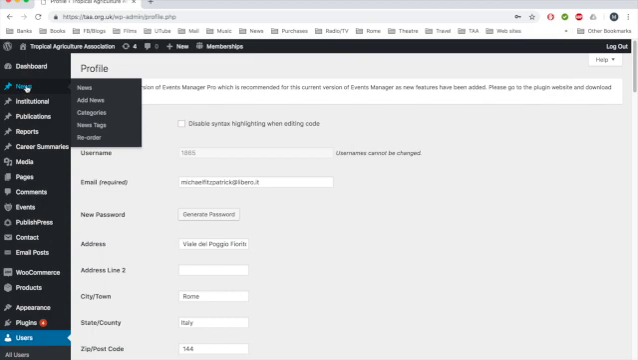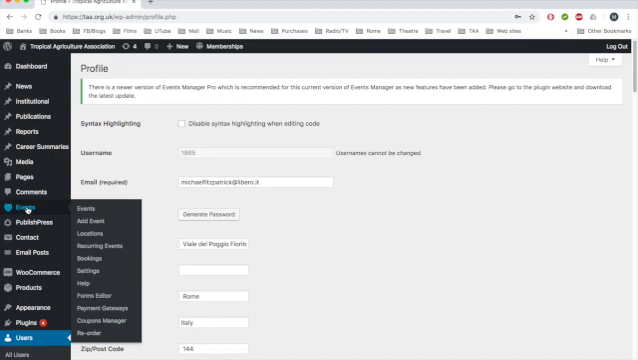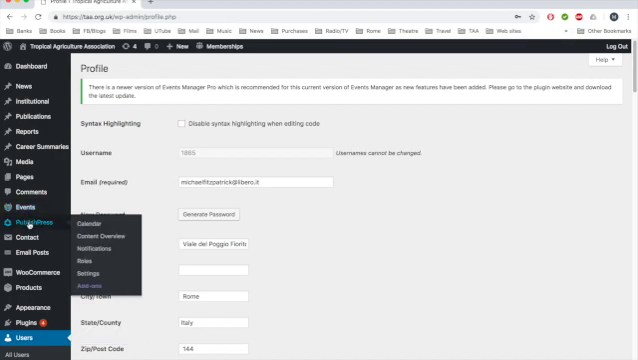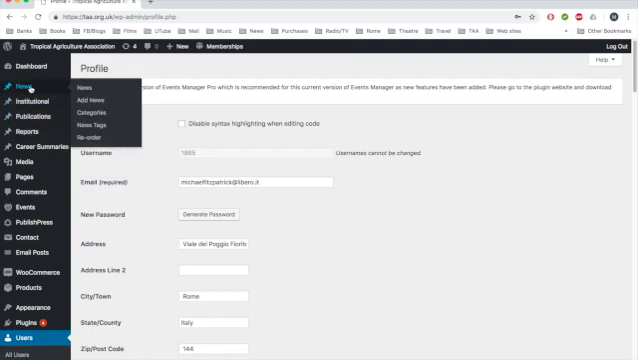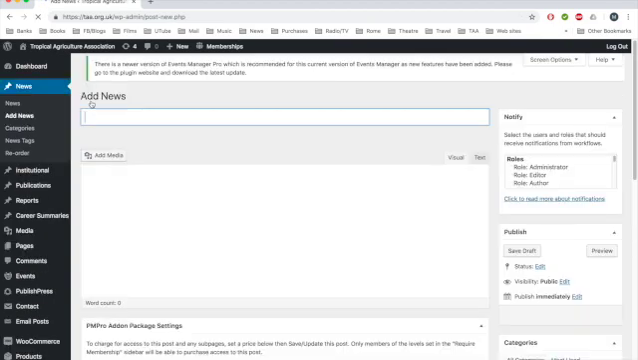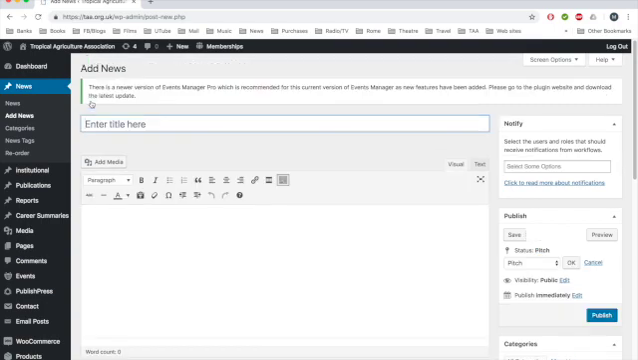On the dashboard, you have news, under which you can add news, change the categories, news tags, or reorder. Or there are events for people who want to add events, etc. Now for vacancies, one goes to the news and you add news in order to add a vacancy. When you add news, you see a new window which has the title of the news and then some writing area,